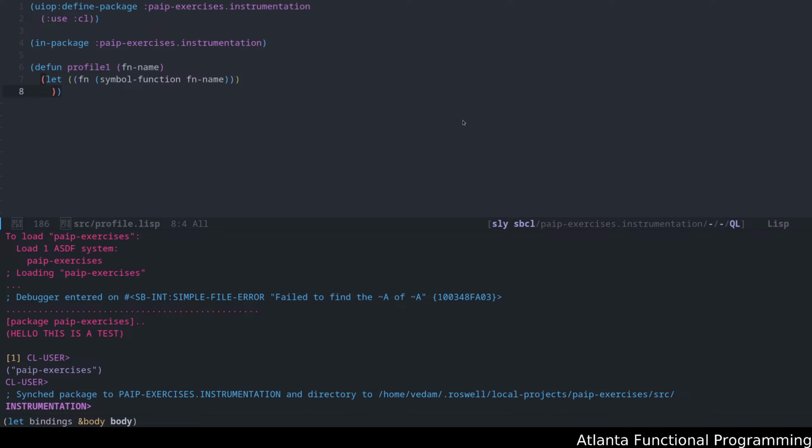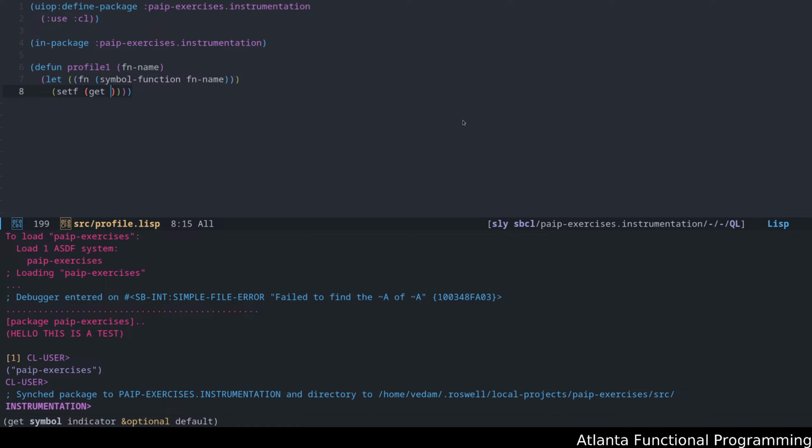We need to make some changes specifically to what the function does when it gets called. So we're going to do this using the generalized setf expander. Now you could do this in separate setfs, as the book actually does, but since this is a generalized expander, I thought I'd show you again to review for folks who may not have seen this. This allows you to do multiple assignments in a single setf.